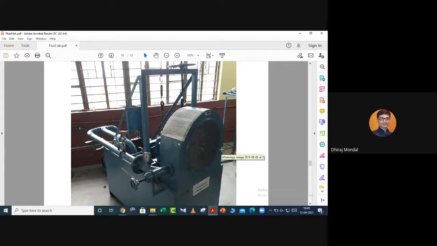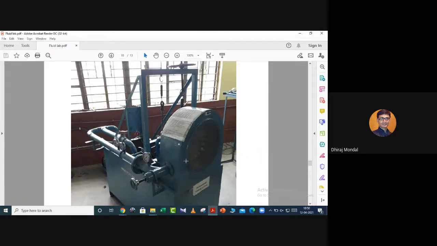So this is the Pelton turbine. The Pelton turbine is one kind of energy producing device where high pressure water, which has water power in terms of potential energy, comes to the turbine vane, and the vane rotates. As a result, the runner rotates, and so the shaft rotates. The shaft rotating means the alternator, and the alternator, the generator, generates electric power with the help of this water power.